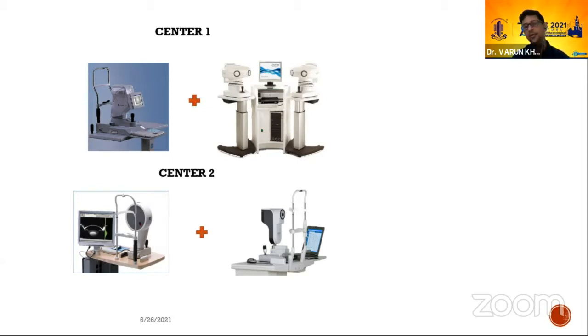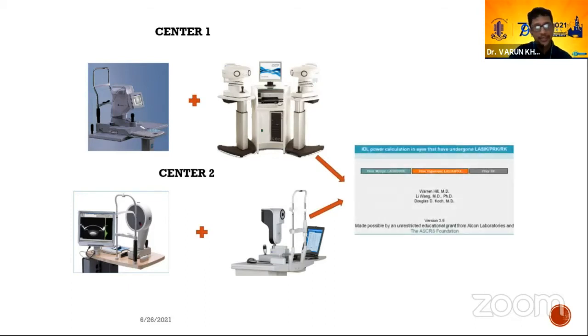The key in all of these measurements is to try and figure out the corneal power at the centermost part of the cornea, right? Bang in the middle. Because most of these machines don't actually measure the center, they extrapolate the center part through the other readings. So if we can extract that information, that is the most key part of this entire IOL calculation method. So yeah, both the centers, different machines, same calculator.